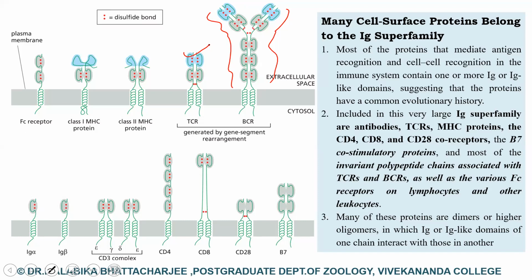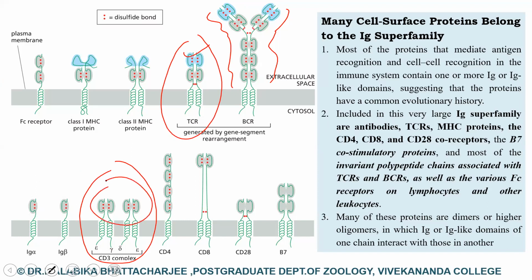Our topic for today is the T cell receptor and the associated CD3 complex, as you can see. When we are talking about the T cell receptor and the associated CD3 complex, look at the similarity of the structure. You can see the presence of immunoglobulin-like domains in the CD3 molecules also. This is the CD8 molecule, with immunoglobulin-like domains, and the presence of Ig-like domains in the CD4 molecule.